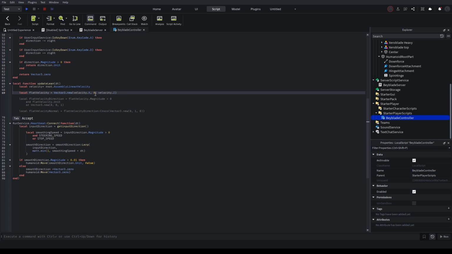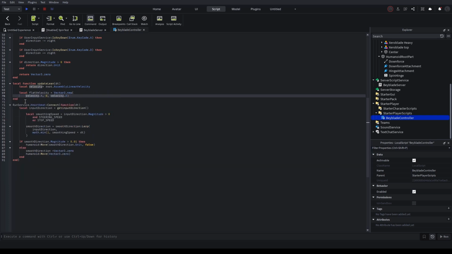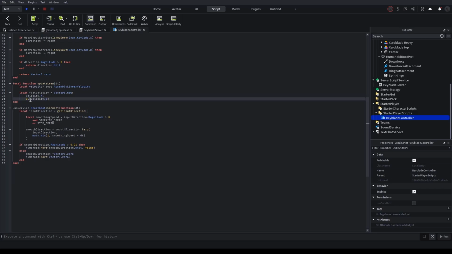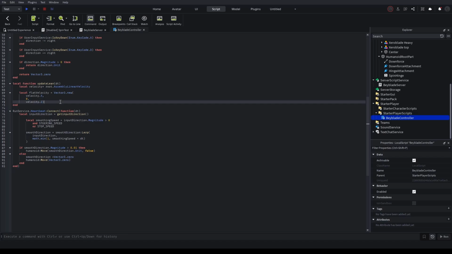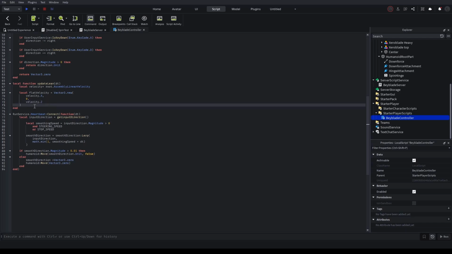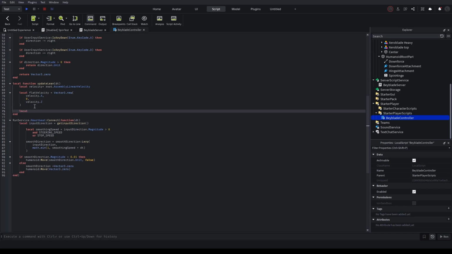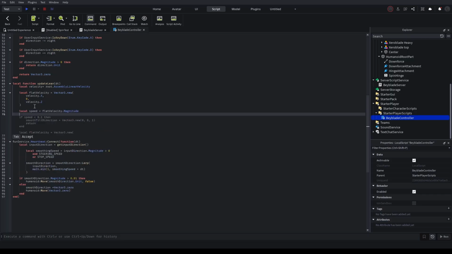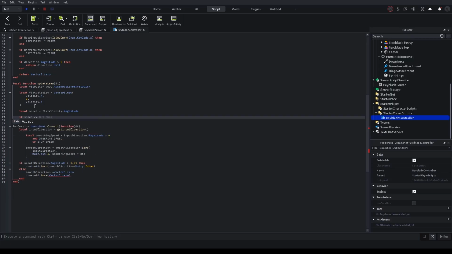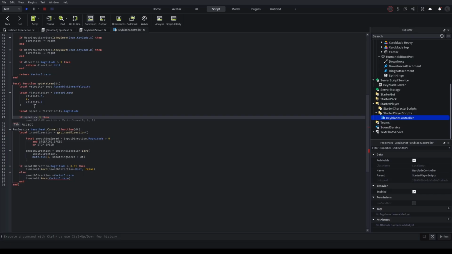Yeah, but not in that way. We have a different format. This, which is this, and then this, and then this. And we're gonna do this. Then we're gonna do local speed equals flat velocity magnitude. If speed is equal to 3, then we're gonna need